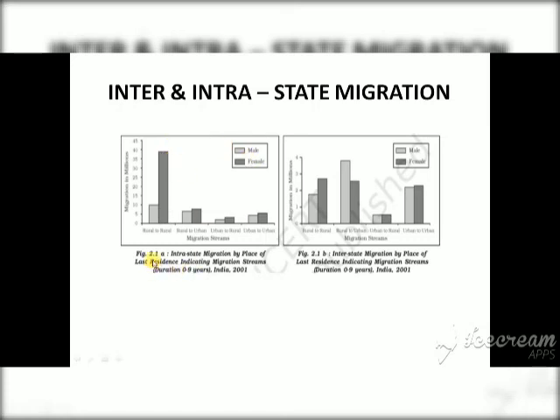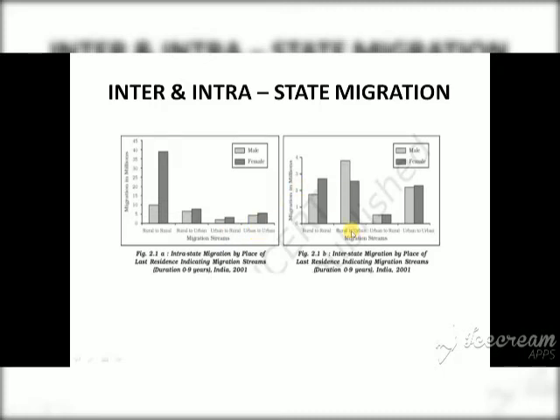So here this particular graph shows us the intra-state migration, that means within the state whichever migration takes place. So as you can see, within the state, male migration is quite less than female migration. Female migration is more within the state, in all the streams, whether it is from rural to rural, rural to urban, urban to rural, or urban to